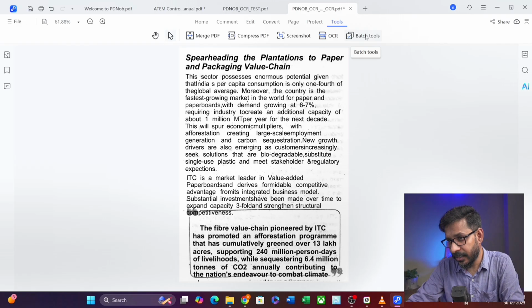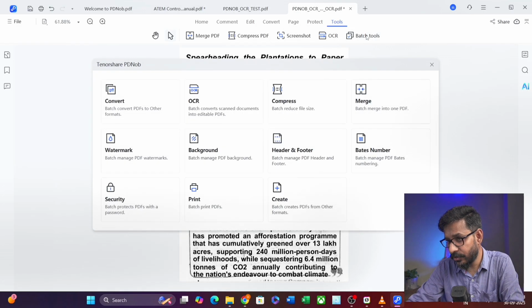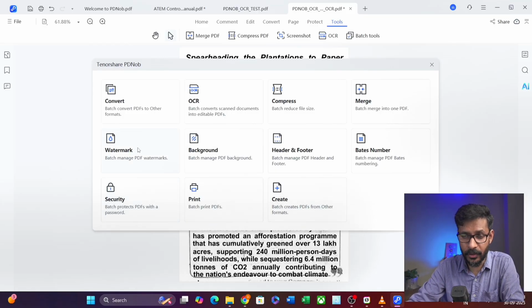And last but not the least, I'll show you the batch tools very quickly, where you can batch convert, batch OCR, batch compress, batch merge, or do a lot of things in batches. That means you can do these operations on multiple files in one go, which can save you a lot of time in some cases. Particularly, I use this batch print option a lot